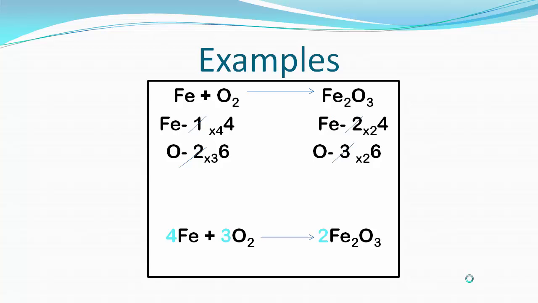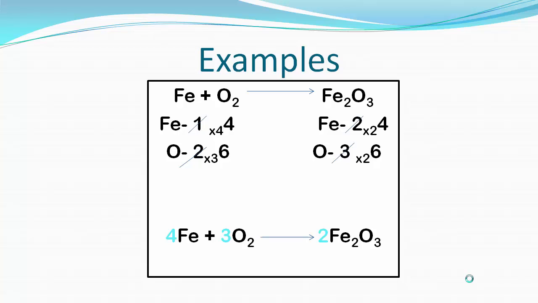Now there's another example of Fe plus O2 yields Fe2O3. So on the left side we start off with Fe is 1 and O is 2. On the right side Fe is 2 and O is 3. So nothing is equal. So something has to be changed. Everything has to be changed. So let's go to